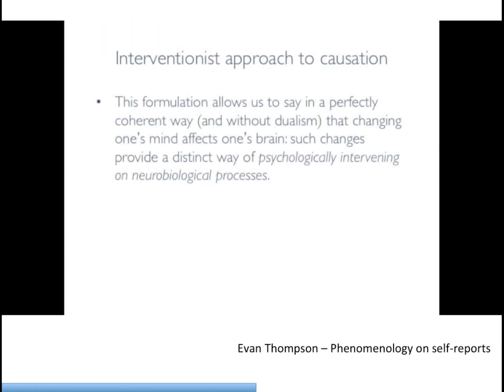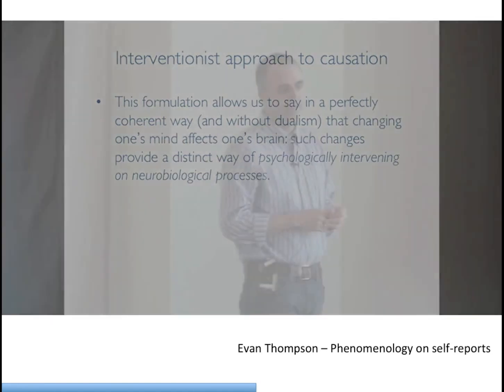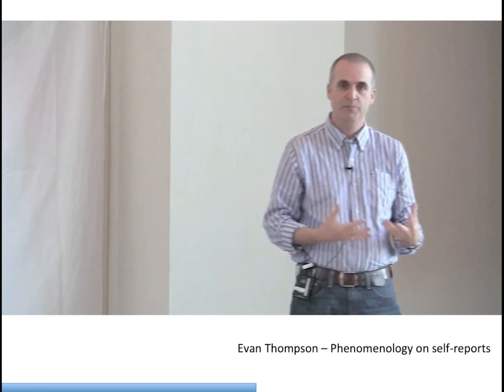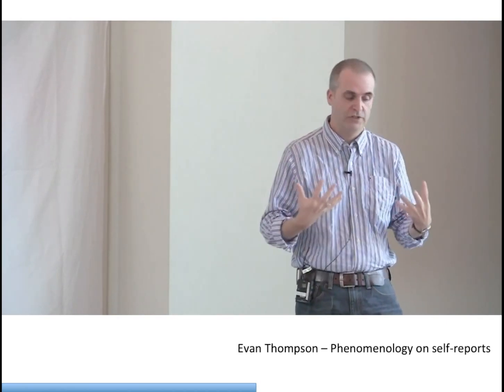So the point would be that interventions at a psychological level can bring about neural effects. And I think this formulation allows us to say in a perfectly coherent way and without dualism that changing one's mind affects one's brain. That is to say, those kinds of mental changes provide a distinct way of psychologically intervening on neurobiological processes. And we don't need the meditation example to make this point, but it's a useful example because it's so striking in that it's not task-driven from the outside. It's endogenously